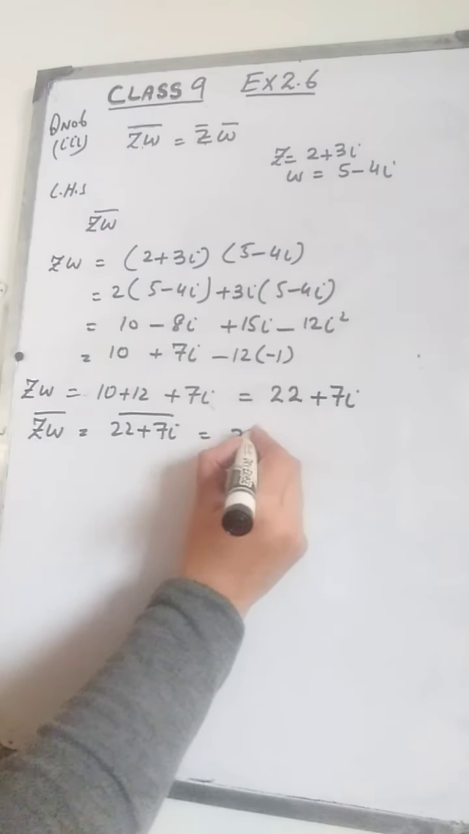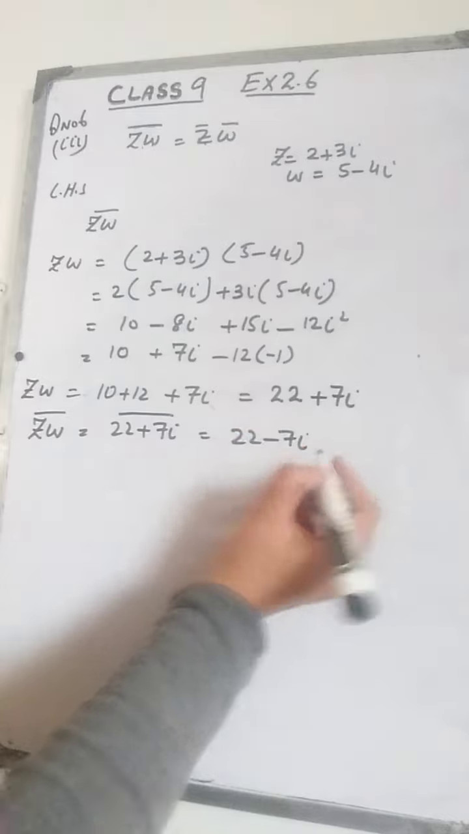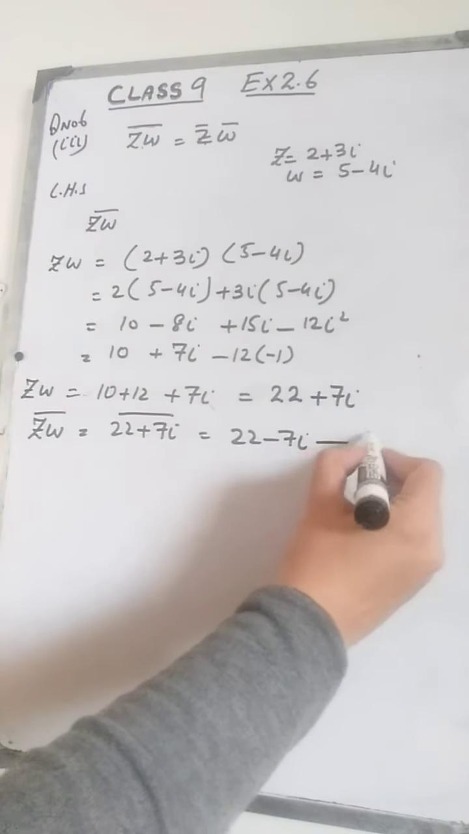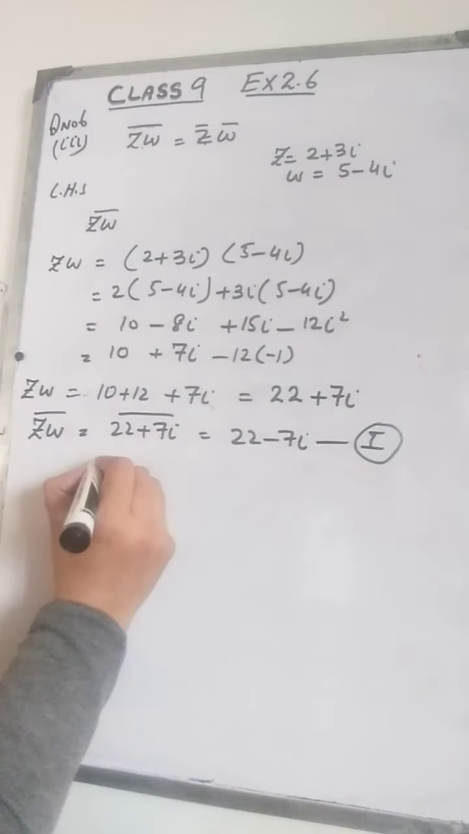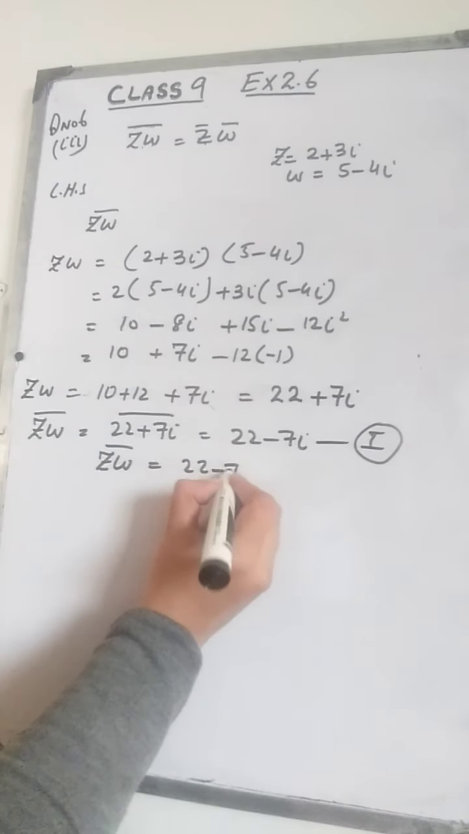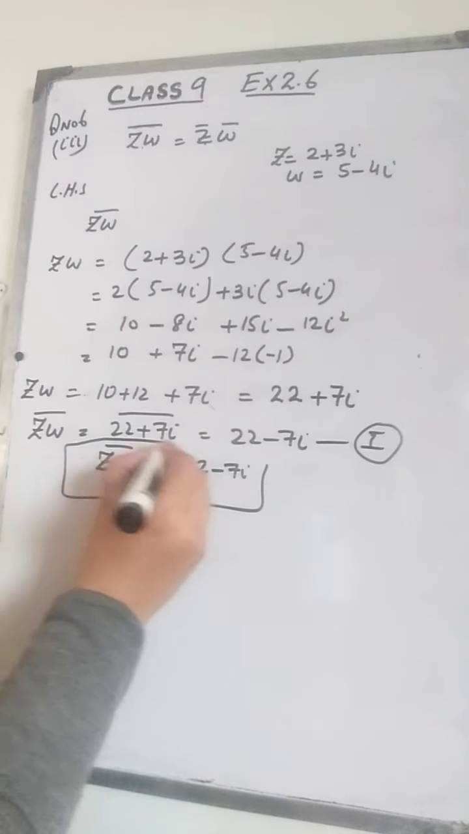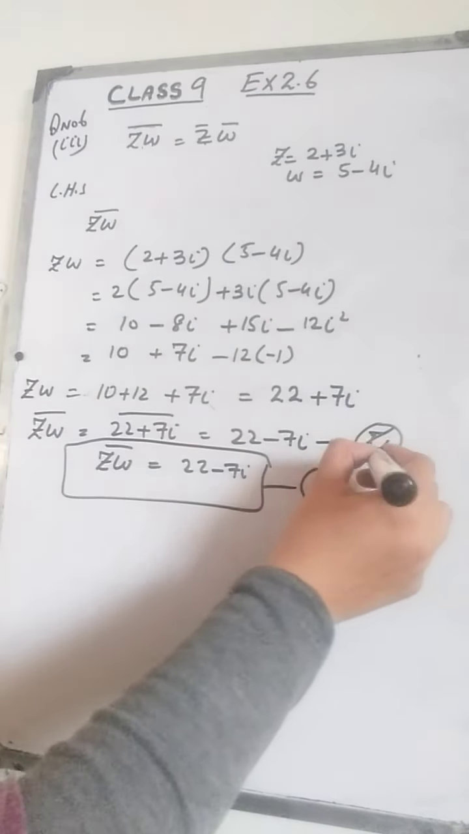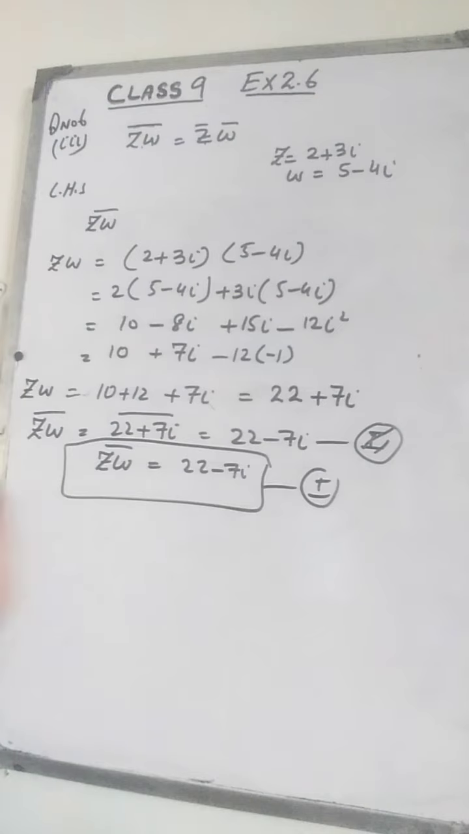What we get is 22 minus 7 iota. So this is the left hand side. Z omega bar is equal to 22 minus 7 iota. So this is the answer of the left hand side. Okay, now coming to the right hand side,